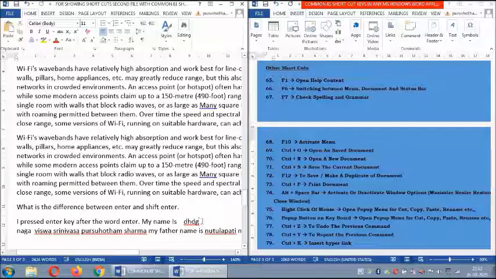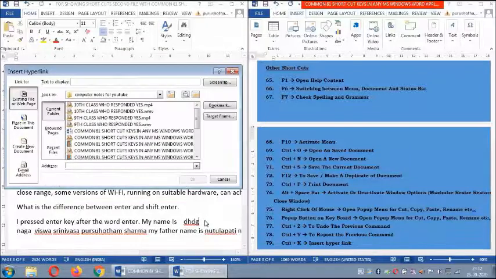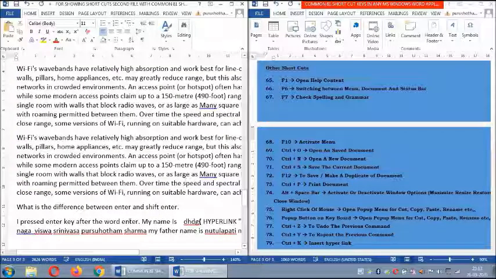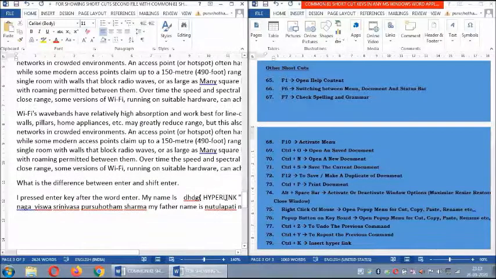Now Control K, that is to insert a hyperlink. If you have net connectivity, you can make one. Otherwise you can write on your own. Like I write here www.something, youtube.com/psr143. I say OK. What happens? Where I inserted, I didn't see. So why the issue? Here it is showing me the hyperlink. See here, it is inserted.